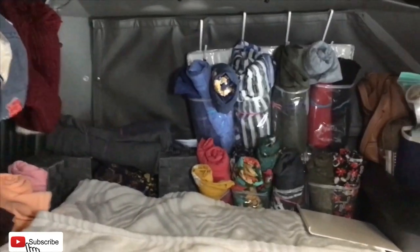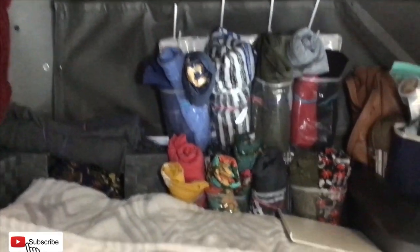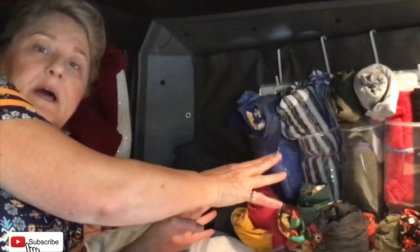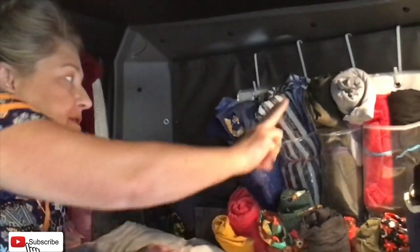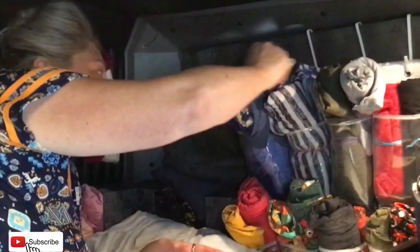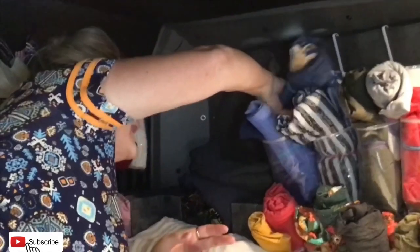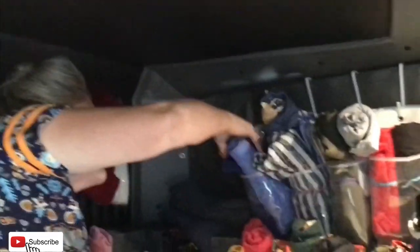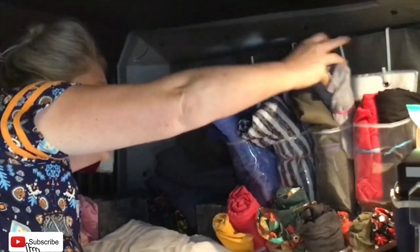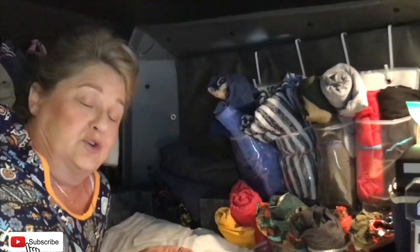Anyways, okay, this is the foot end of the bed. And these beds in trucks are very long, so this doesn't interfere at all with what I'm sleeping. So what I have here is a shoe organizer. And what I've done is I've taken the lower half of it and shoved it up underneath the mattress. So I have two of them. And what I've done is I've taken my shirts and I've rolled them and I've put rubber bands around them. And that way I can store some of my stuff up here, which makes it awesome. So I've got like 22 shirts right here,